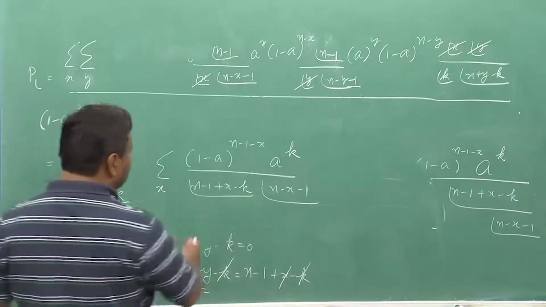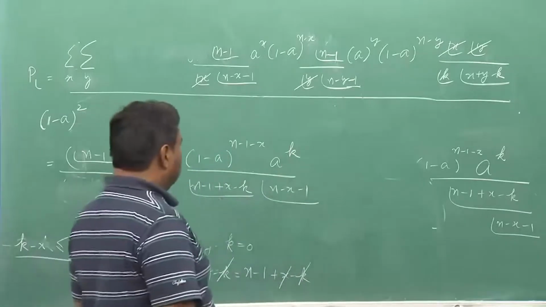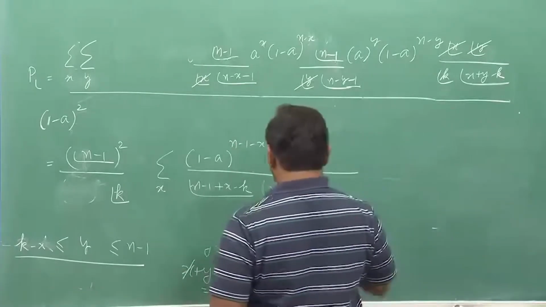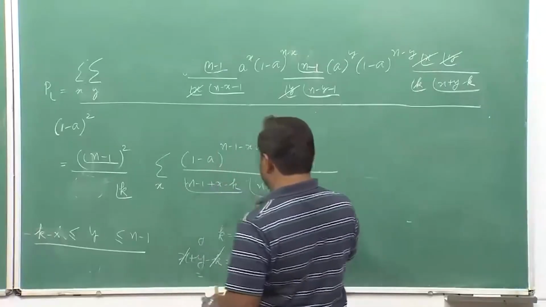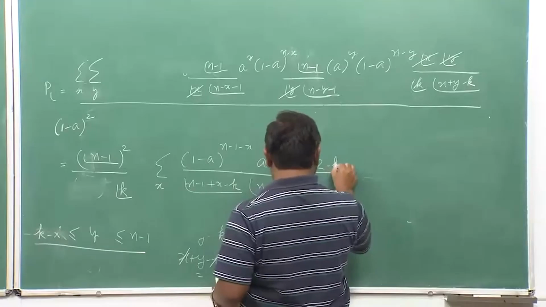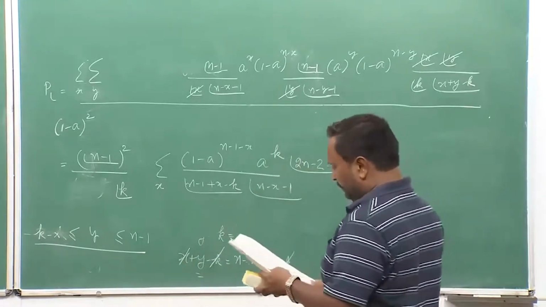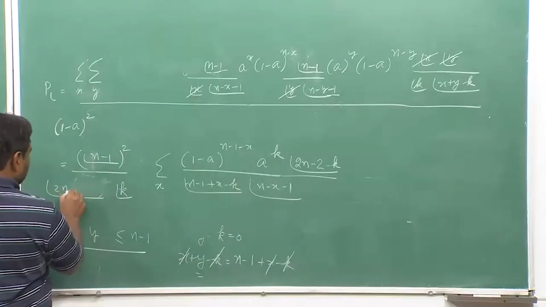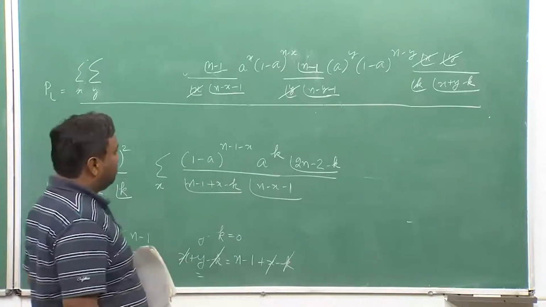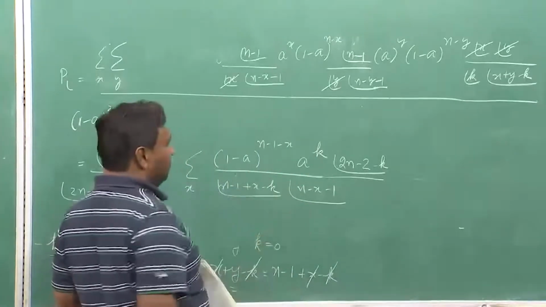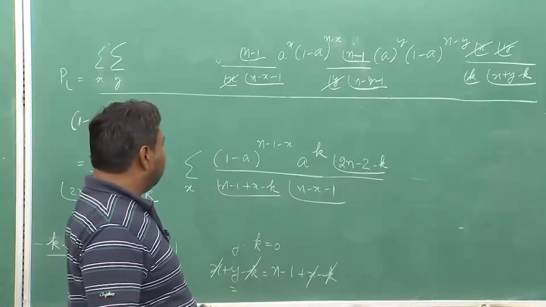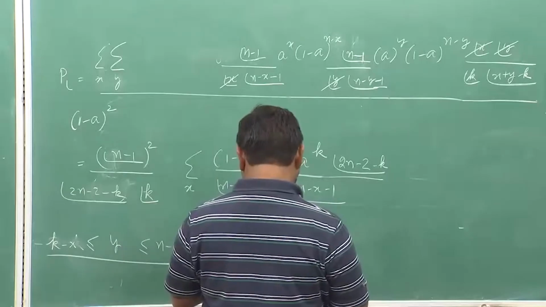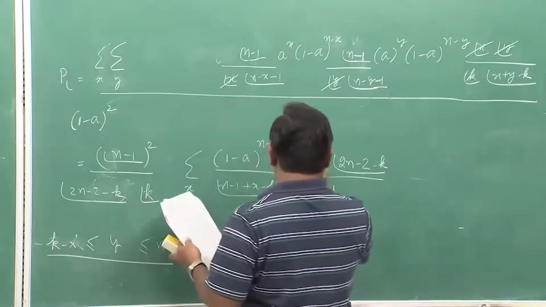In this case, I can actually sum these two things up and make a factorial here multiplied by that. I should now remove this one. This will be 2n, x will cancel, 2n minus 2 minus k, that is what it will be. So, I have to divide also. But this is independent of x, so I can write it here. Now, here x will be actually also taking up a range. So, x can take a raised power k is going to come out,